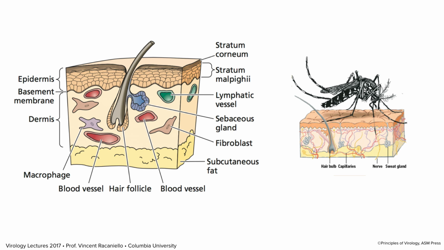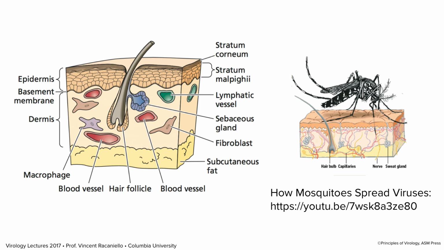And there's a great movie, I'll link to it, of a mosquito looking for a blood vessel from below the skin, and it keeps probing and probing until it finds one, and it hits it, and then all of a sudden the blood vessel collapses because it's applying such suction to pull the blood out that the blood volume goes down.